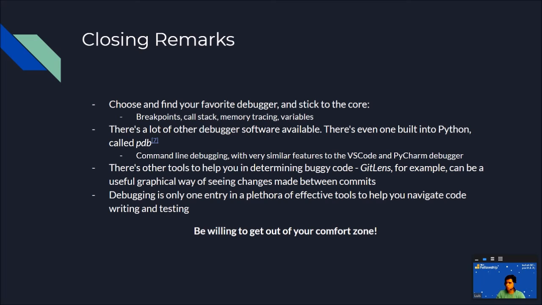Anyways, other tools to help you in determining buggy code. So debugging is not the only tool. For example, GitLens allows you to check changes in code that maybe somebody else broke, and you just want to see what change was made to that code to break it. And last but not least, debugging is only one entry in a plethora of effective tools to help you navigate code writing and testing. Most importantly, be willing to get out of your comfort zone